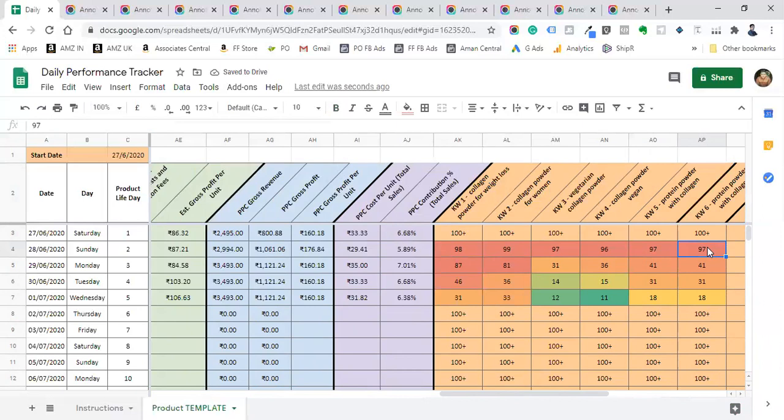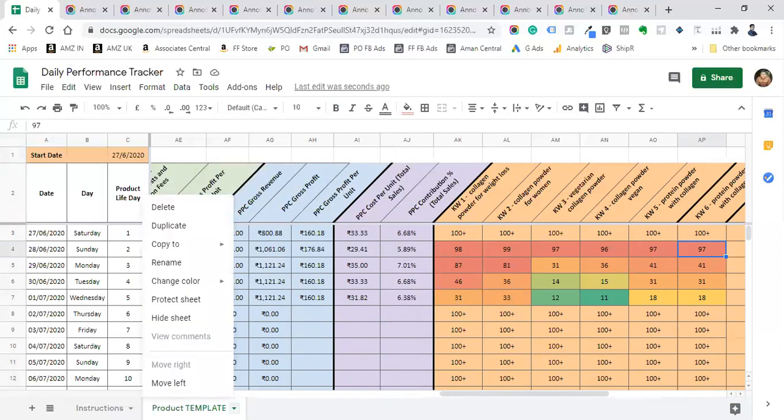Once you start ranking for the top 10 keywords in your niche or for your product, you will be getting consistent sales throughout the years to come. The idea is we have to maintain the rank, and we have to do promotions to keep maintaining the rank. So this is all about tracking. And if you want to add more products, you just have to come here and duplicate it. You will get one more tab next to it. Just change the sheet name to your product name.